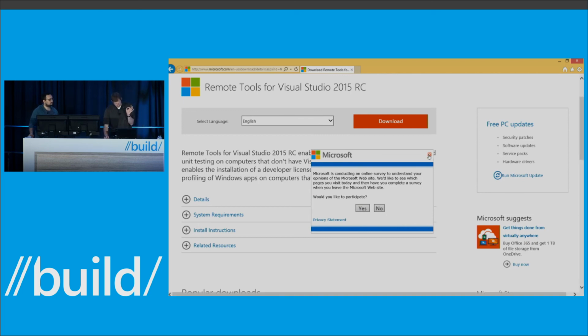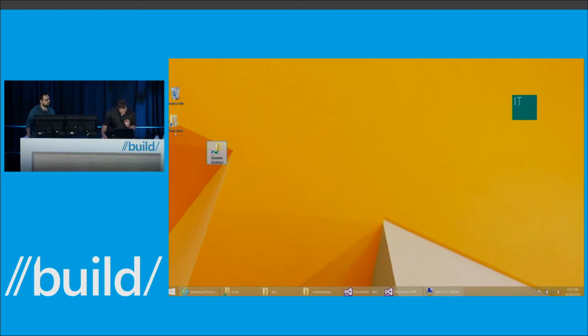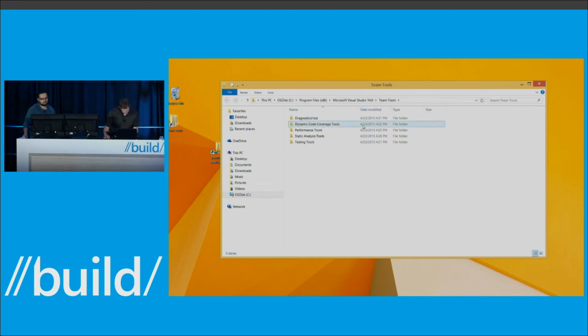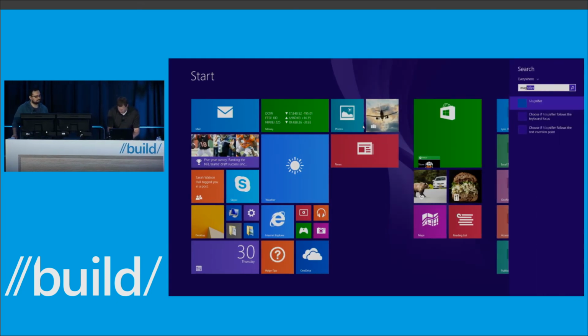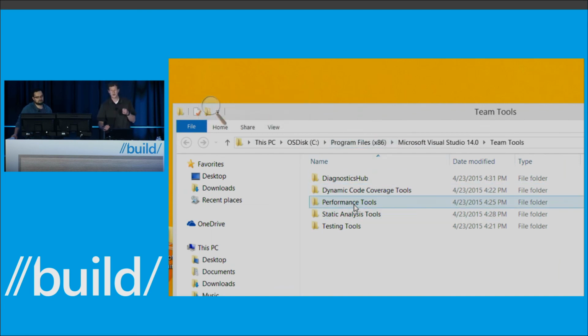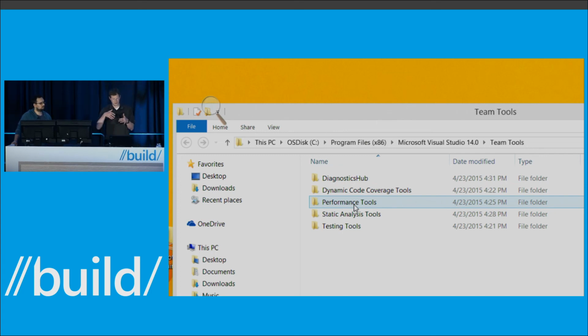And another tip for you is, if you simply go to the directory on Visual Studio, your Visual Studio root installation directory, I'm sorry, this is kind of small. Magnifier. And then you go to the Team Tools folder. There's a Performance Tools folder. You can actually X-copy this folder over, and if you're on Windows 8.0 or above, CPU sampling will simply work